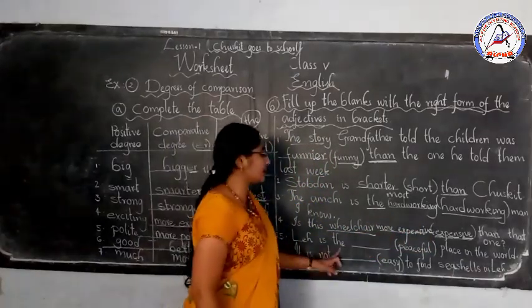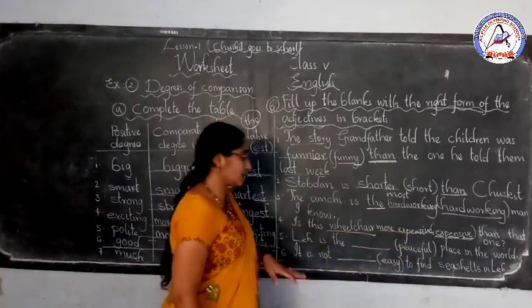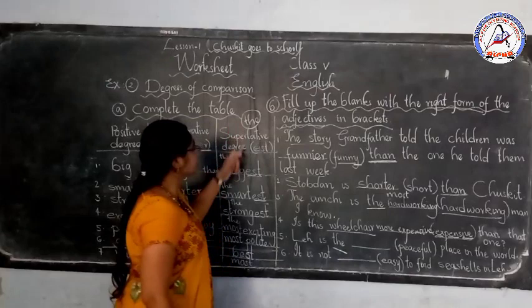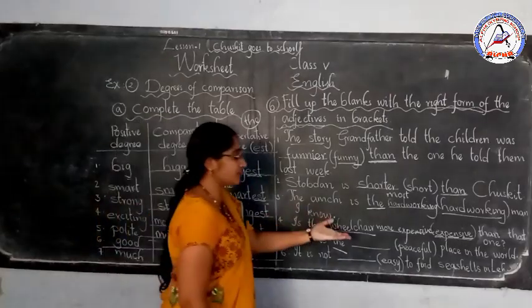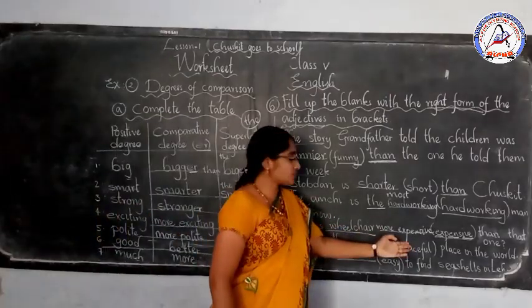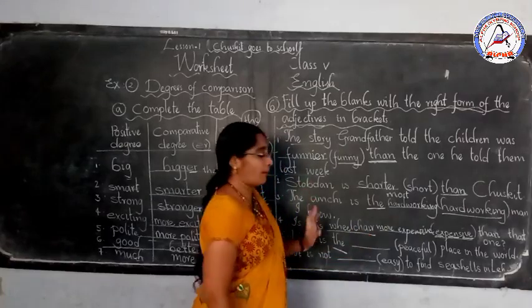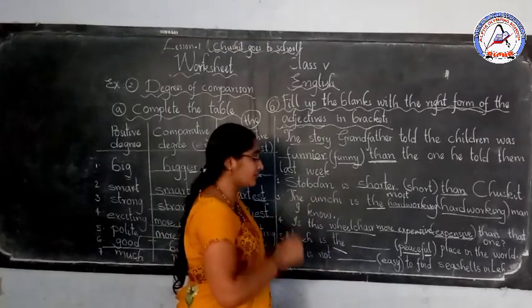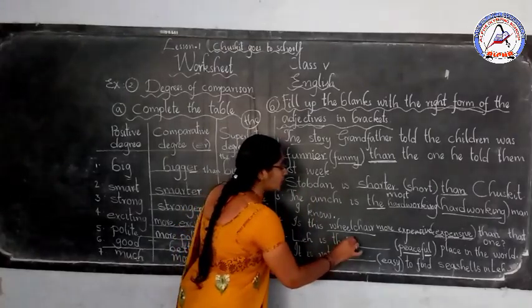Lake is the dash peaceful place in the world. Here, the is given. So, what is the clue I said? The is used before superlative form. So, easily you can write here. So, it is superlative form. You have to take superlative form. Peaceful. Two syllables and also it is a big word. So, you will write most peaceful place.